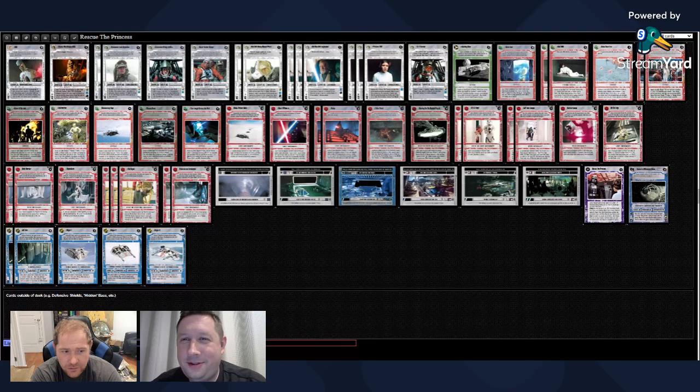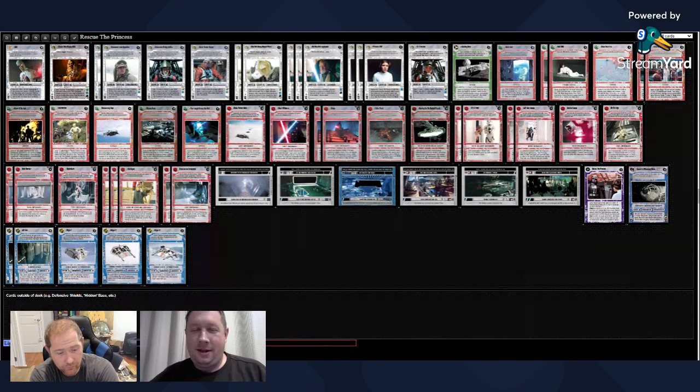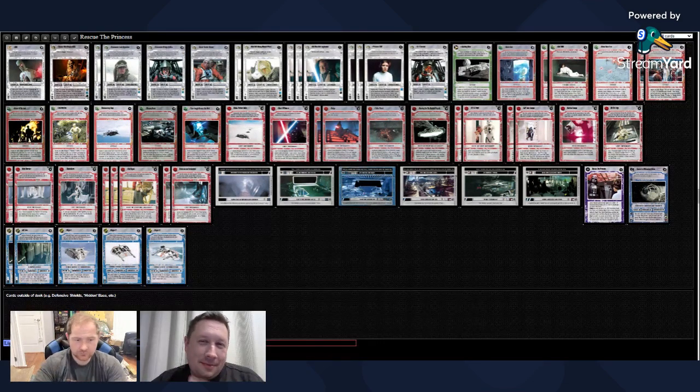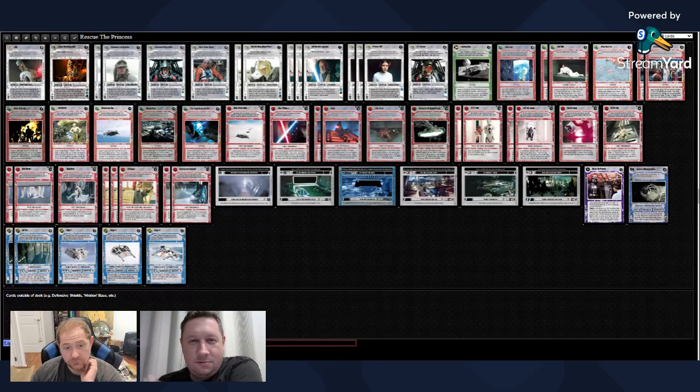All right, so the backside of Rescue the Princess is incredibly amazing, but it's so fragile to pull together that it's not like a really easy deck to pilot. So we're going to kind of go through it here. This deck I put together, there may be a couple cards that you could put in or out of this deck, but